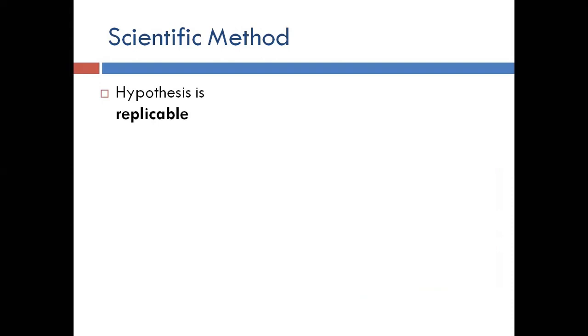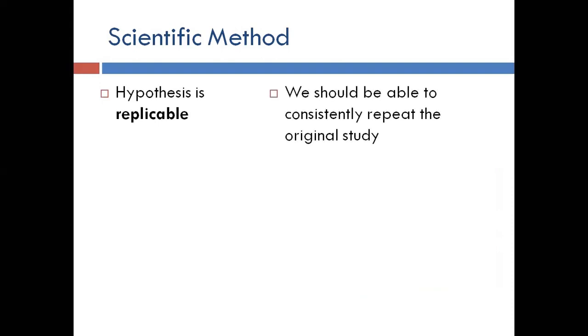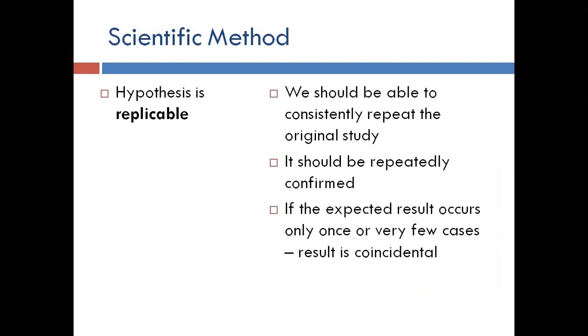Now, a hypothesis must be replicable also. We should be able to consistently repeat the original study. It should be repeatedly confirmed. And if the expected results occur only once and in few cases, the result is coincidental. Once again, I'm giving you the example from the treatment of COVID-19. If the treatment or the vaccine of COVID-19 comes into the market,